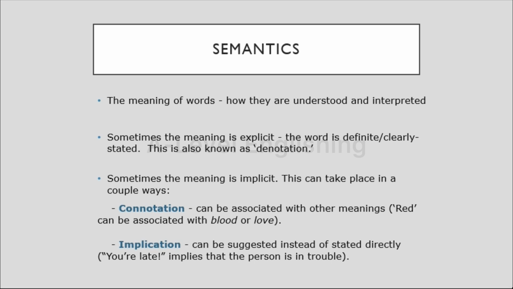Sometimes the meaning is implicit. Now, this can take place in a couple of ways. We have connotation, where the word can be associated with other meanings. Red can be associated with blood or love, or blue can be associated with feelings of dullness. Then there is implication, where something can be suggested instead of stated directly. So, when someone tells you you're late, the person might be implying that you are in trouble,